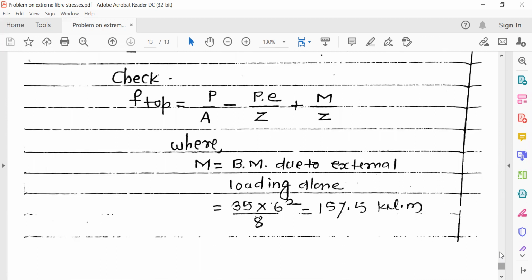अगर आपको बेंडिंग मोमेंट ड्यू टू एक्सटर्नल लोडिंग अलोन के लिए कैलकुलेट करना है तो आप क्या करोगे, अगर जैसा क्वेश्चन में कंडीशन दी थी वो क्वेश्चन के हिसाब से आपको नेट बेंडिंग मोमेंट कैलकुलेट करना है. बट अगर if they have told you to calculate the bending moment due to external loading alone, तो तब के लिए आप क्या यूज करोगे मोमेंट के लिए फॉर्मूला, that is 35 into 6 square by 8. So मोमेंट की वैल्यू वहां पे चेंज होगी, that will be 157.5 kilonewton meter. So understood?